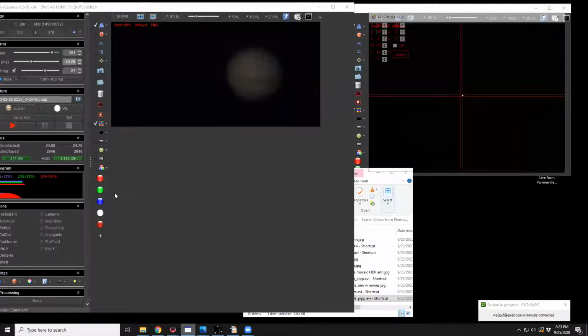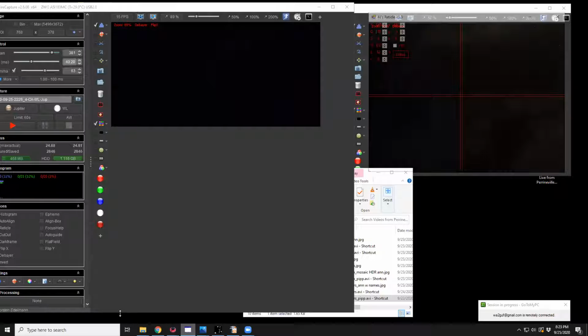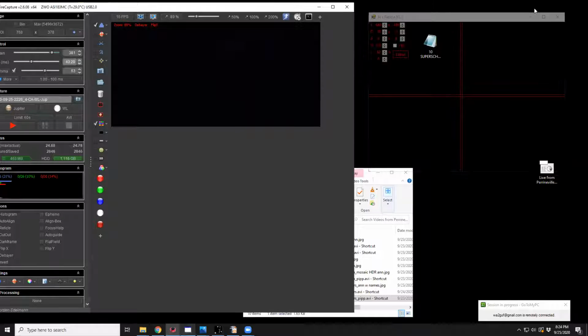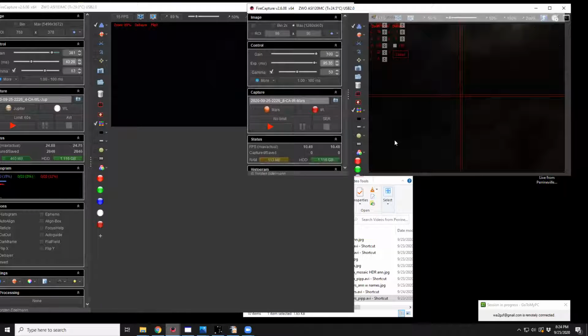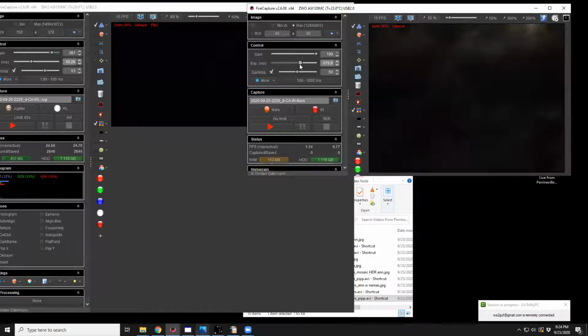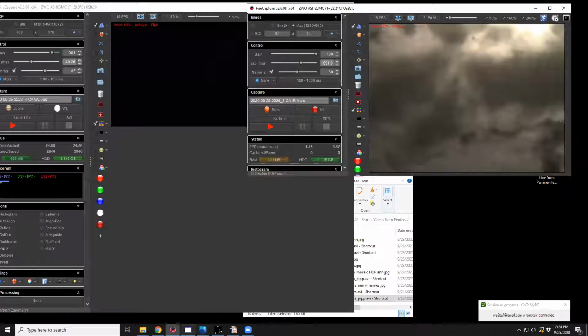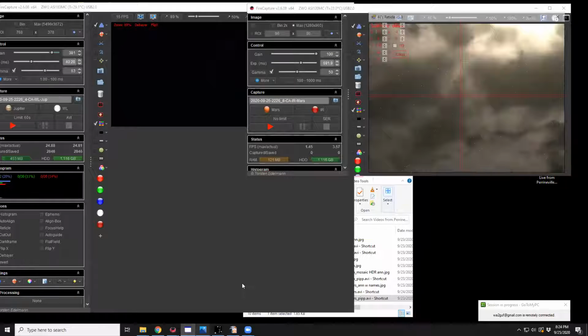Here we go to Saturn. I can see clouds. Let's see if I can get more. I don't want to do that. Where do you go? Go back. I wanted to increase the exposure. There's Saturn right there. Let's see if I could put it on the